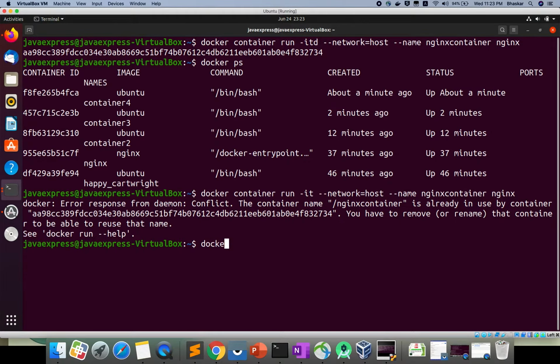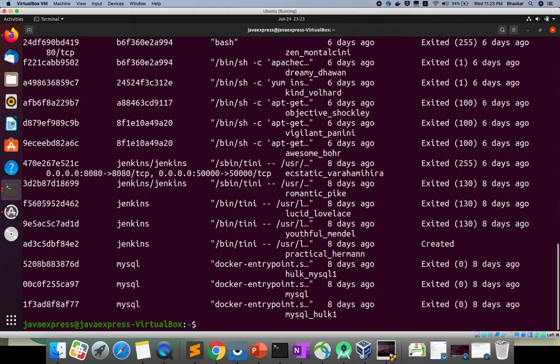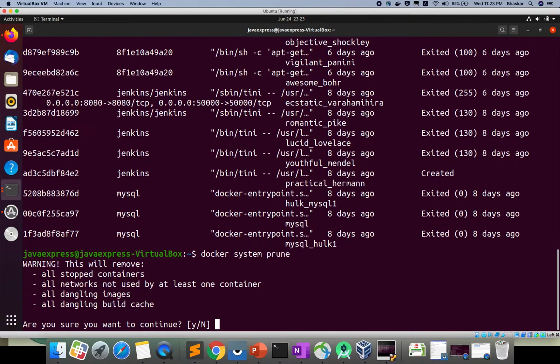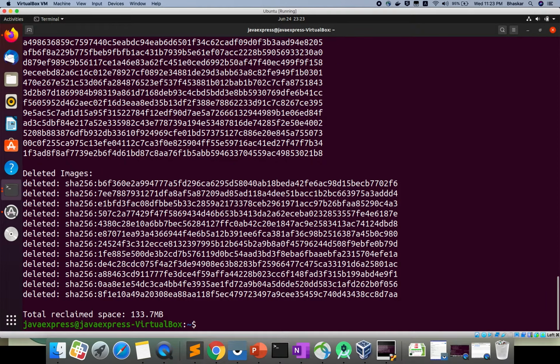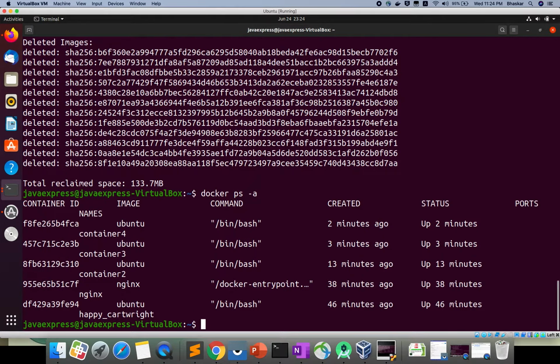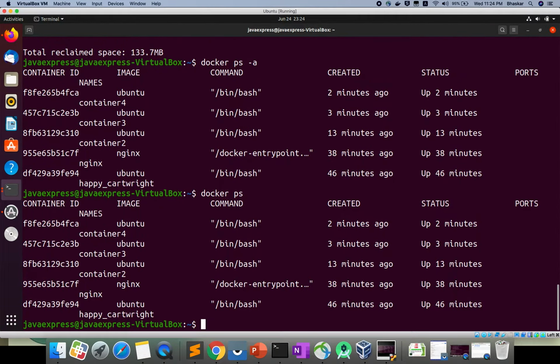Let me check docker ps -a. docker system prune, I'm removing all unnecessary things. Okay, if you want to reclaim, docker ps -a. Okay, docker ps. I will run the container again.